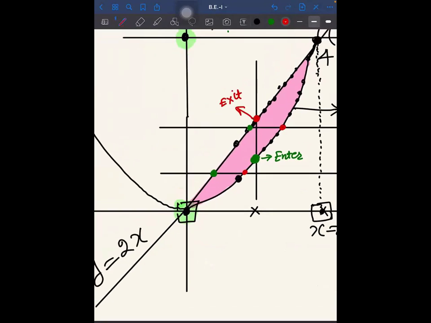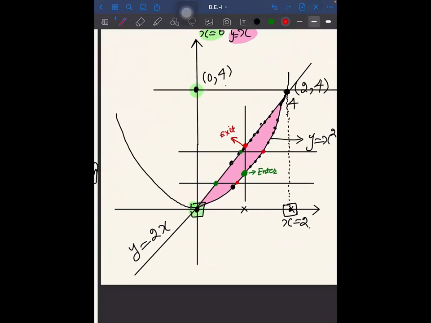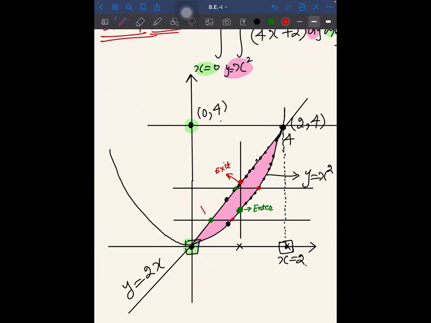So when you go horizontally, this is your entrance and this is your exit. So once you know it, everything is done. It's that simple. So now you change your limits. You will write it as